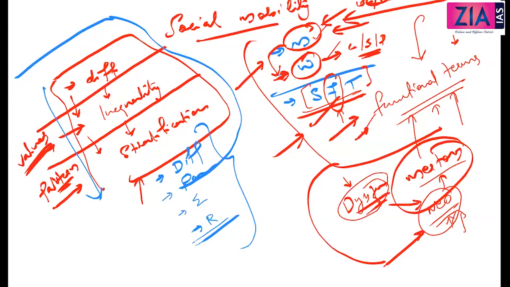Okay, so inequality is considered functional, right? And we have discussed the theories. We have talked about Talcott Parsons' theory. I'm not going to explain that; you know the theory. And then we have discussed Davis and Moore, and we have discussed W. L. Warner. Okay, so if any one of you wants further clarification on those theories or requires any more discussion, you can tell me. I can spend another 5 minutes if it is required. If not, we'll go to social mobility.